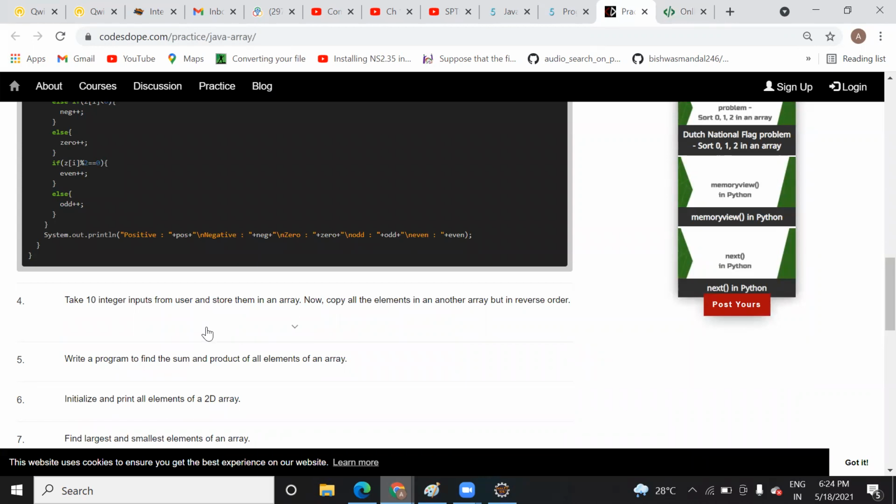Normally, how do you print the array? Can you try?